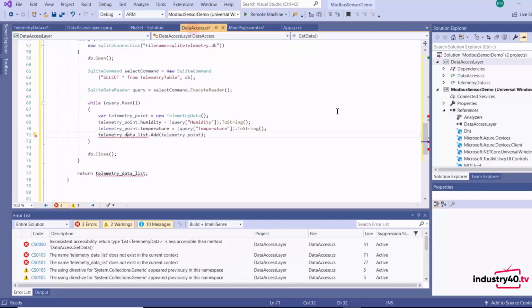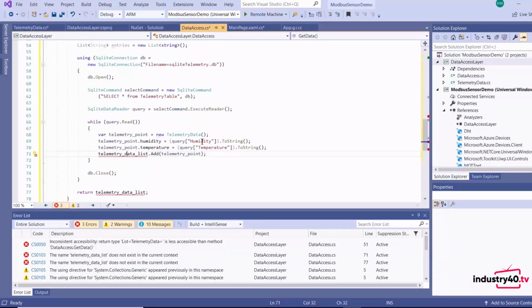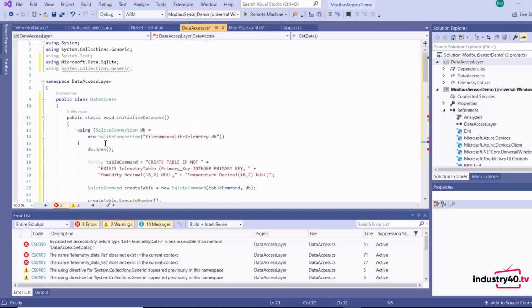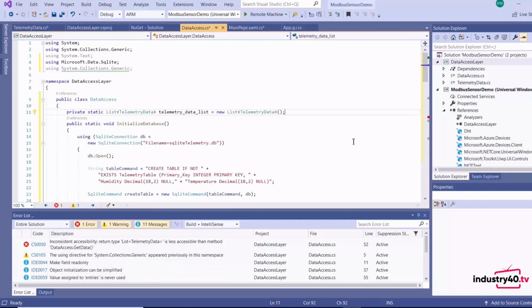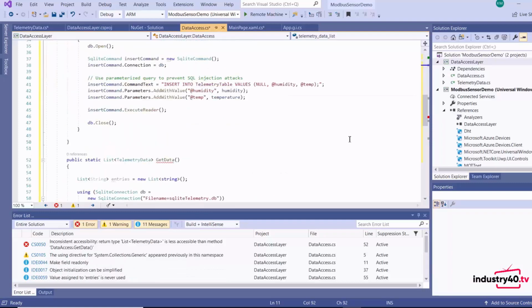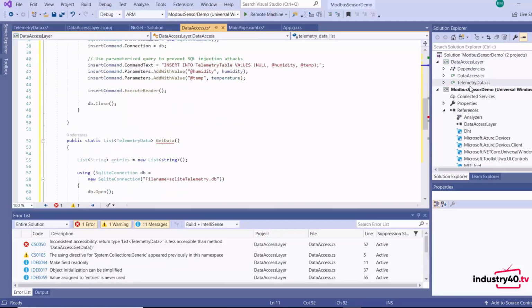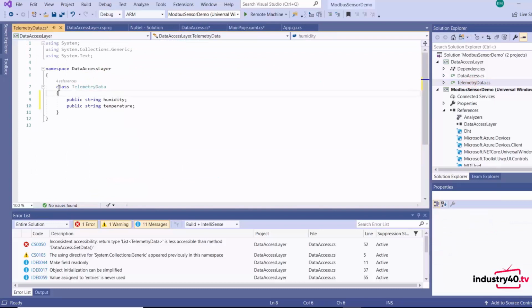So we go back to our data access, and then we must declare our list of type telemetry data. And here we must make our telemetry data class public.